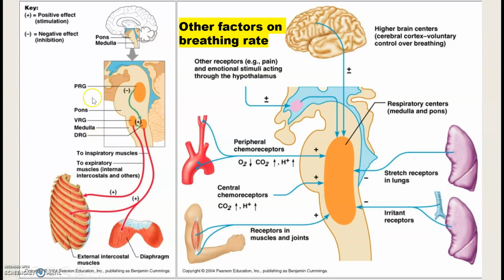This is a great one over here on the left where it shows the positive versus negative effects on breathing. So if we think about this top group, this would be in the pons respiratory group. This usually has a negative impact on breathing. We remember we were thinking about the halting of inspiration, whereas in all of these groups, they often increase inspiration and expiration, especially when we think about the ventral group, right? So then these connect to those inspiratory muscles, which I have mentioned in the past, diaphragm and external intercostal muscles.